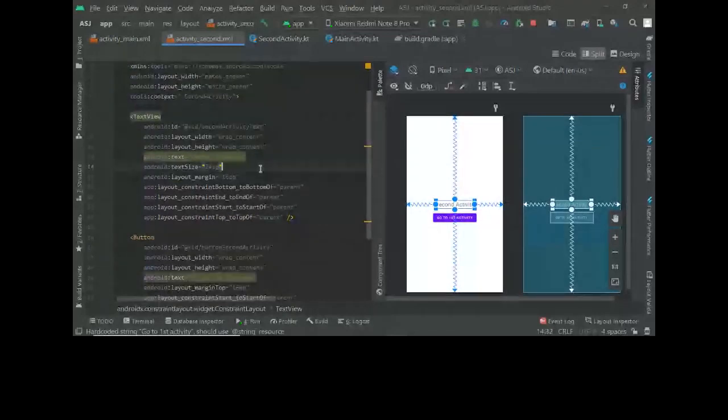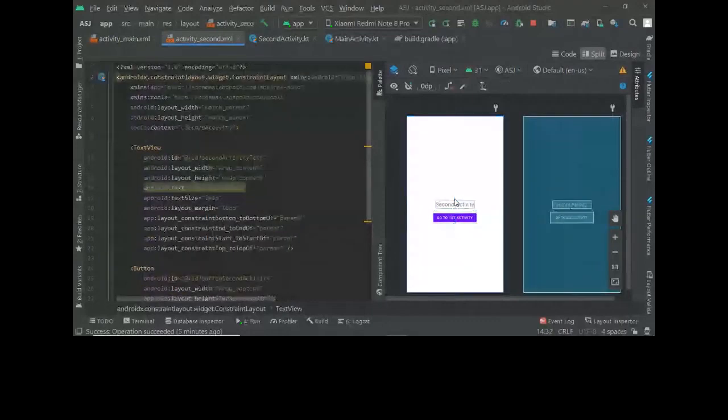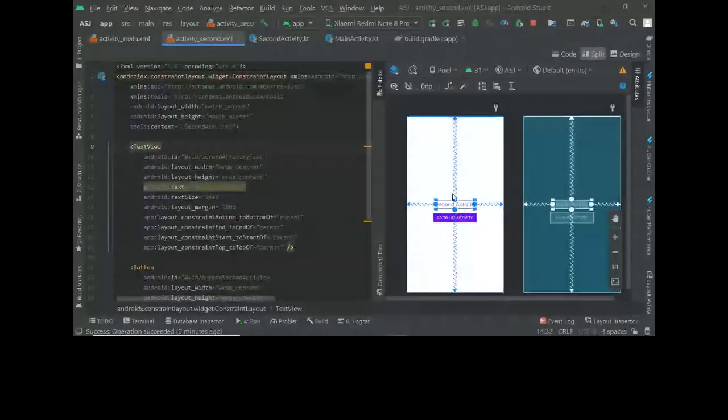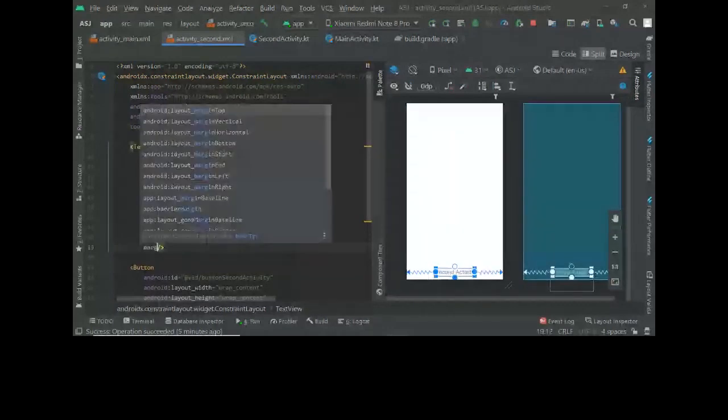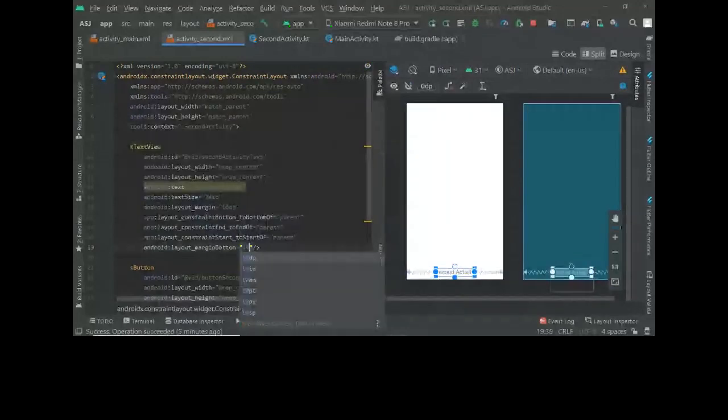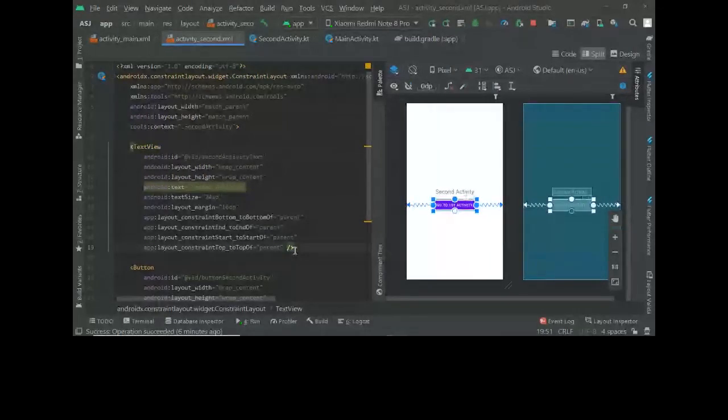See now, for second activity, we remove this constraint. We remove this top to parent so that we can include a margin bottom of... sorry, not this way. This.